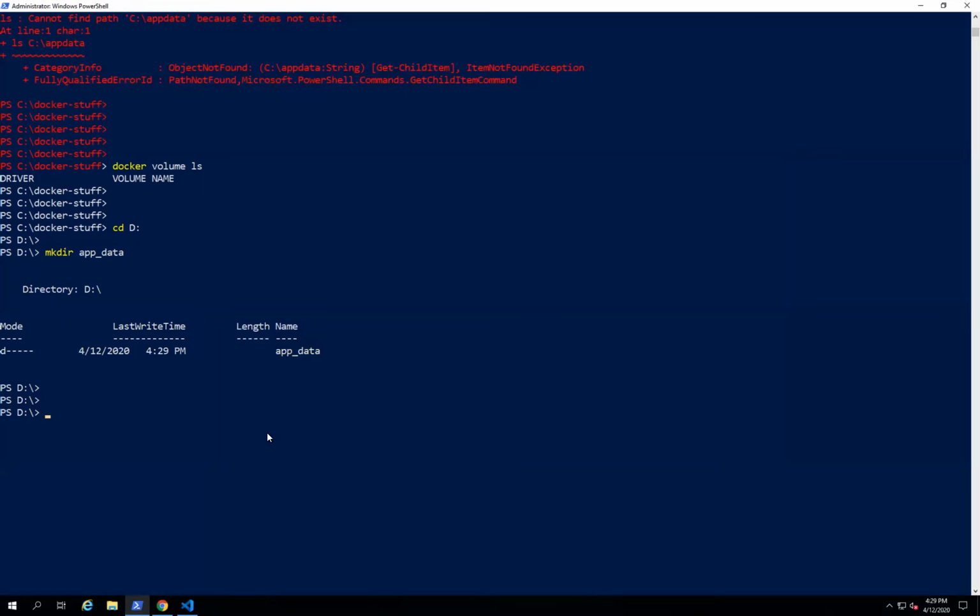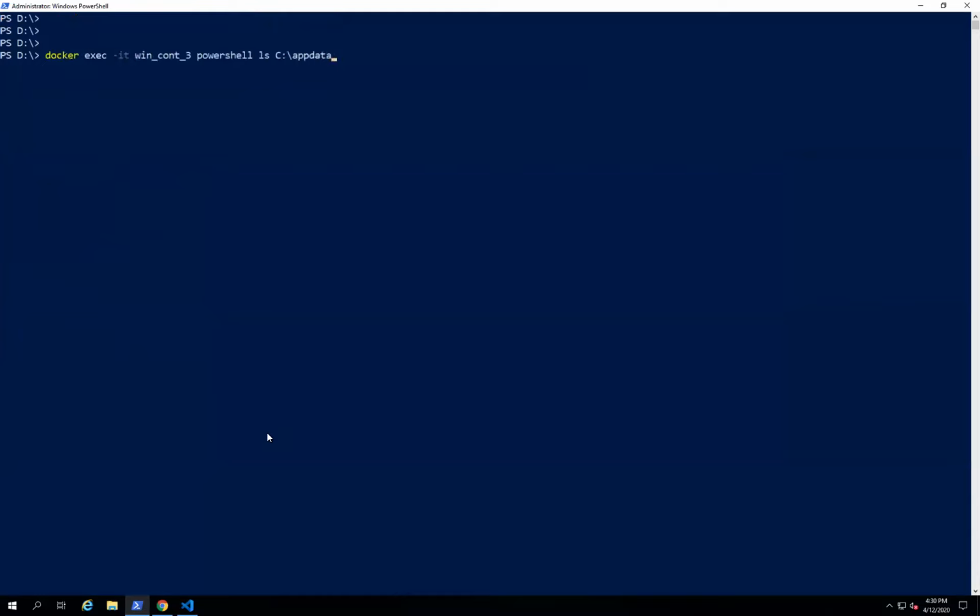Okay, so how to run a container? We'll use the same command, but apart from this, we'll utilize this option -v to mount the host operating system volume into the Docker container. And where is your location? At D location, app_data is your folder, and that you want to mount inside a Docker container at C/. At this location, if I want to mount, this is the command to specify.